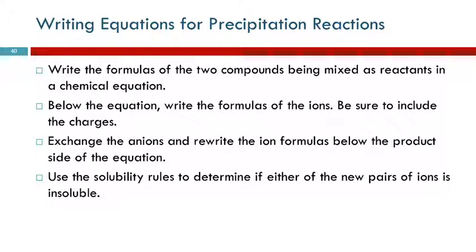So we're going to use this method for predicting the products for precipitation reactions. And we're going to look at the ions that come in, the guys and the girls, guy and girl, and then we're going to swap partners and see if there's chemistry between either of those couples. So the guidelines here are first write the formulas for the two compounds that are being mixed as reactants in